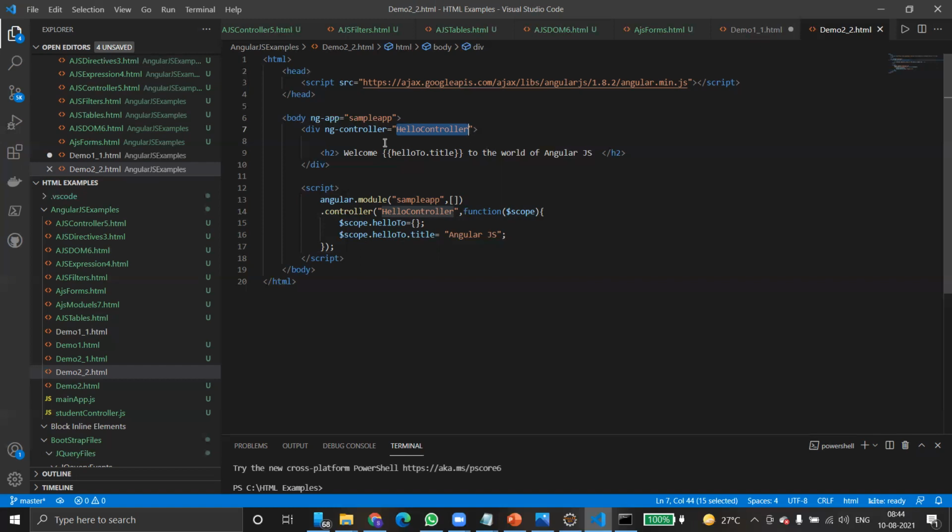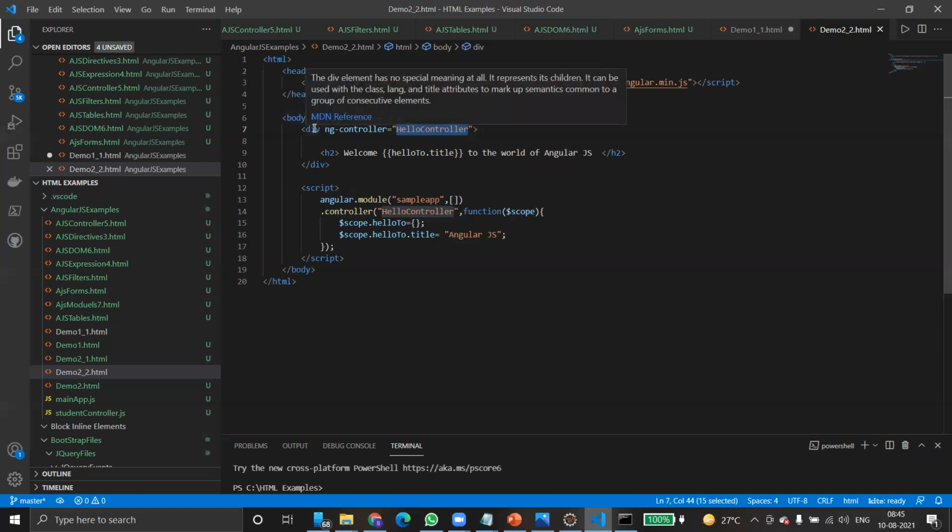It is always required to tell which part of the HTML document contains the AngularJS application. See, the entire thing is an HTML page. But which part of the HTML page contains AngularJS, we have to convey. That's how we make the entire body an AngularJS application. The entire page is an HTML page anyway, but specifically the body section is the AngularJS application.